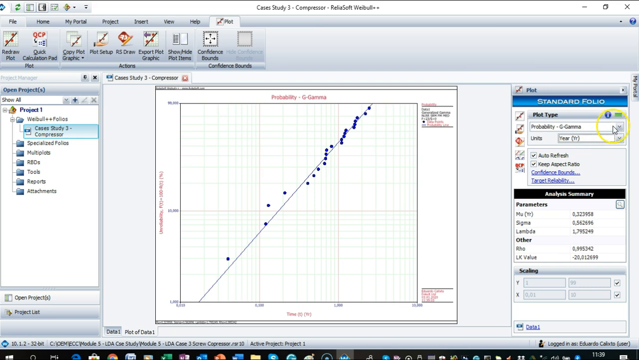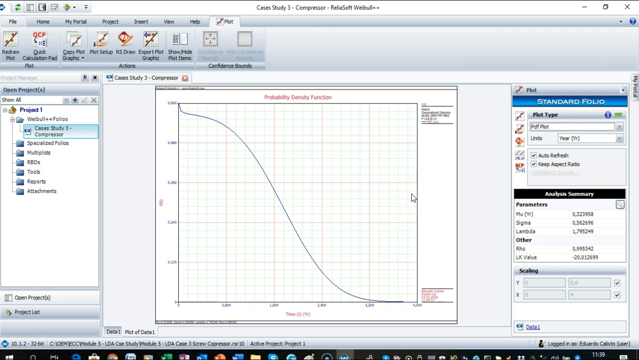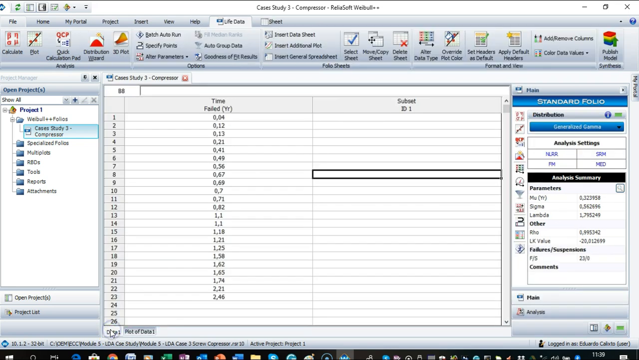And then here we already have the paper of the generalized gamma that will define the parameters. But let's take a look at the PDF. In the PDF we demonstrate that failures happen along the time here, but concentrate in the very beginning. So it's not clear to us what the pattern of failure is. Because it's not clear,